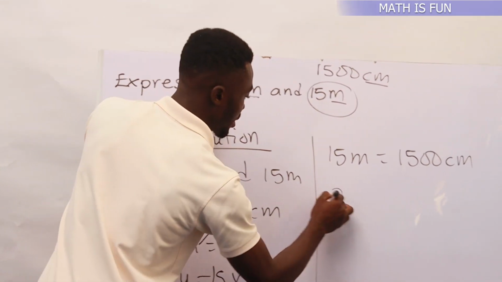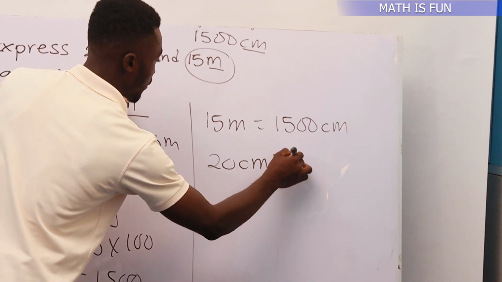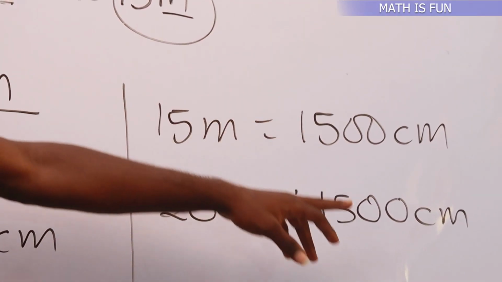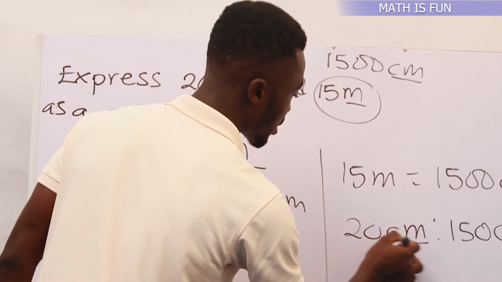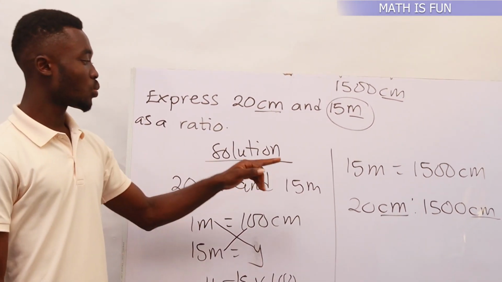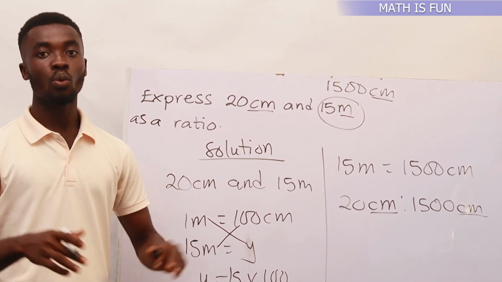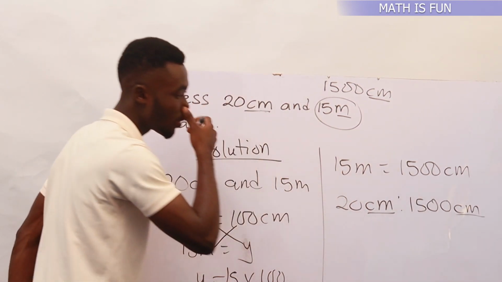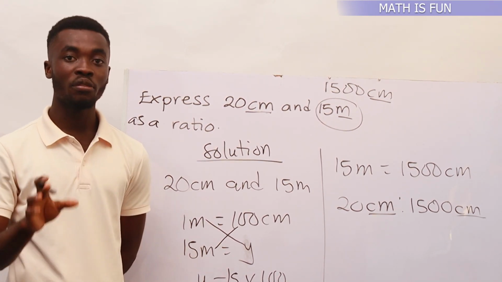Now, 20 centimeters is to 1,500 centimeters. Our 15 meters here is giving us 1,500 centimeters. Since we have the same units, centimeters and centimeters, we can now write them as a ratio. But what we need to know about this is that you cannot write a ratio with the unit. Let's see the reason why writing a ratio does not involve units,